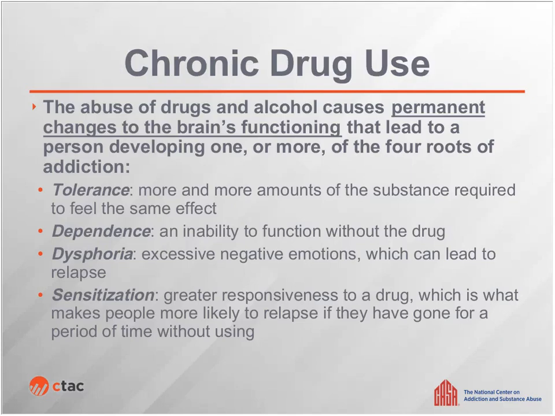So when we talk about chronic drug use, what we're really talking about is that when someone abuses drugs and alcohol to the point where they now have permanent changes to the brain's functioning, there are certain terms or certain descriptions of that type of permanent brain functioning that we get to. One is what we call tolerance, okay? And tolerance simply means one has to use more and more amounts of the substance required to get the same